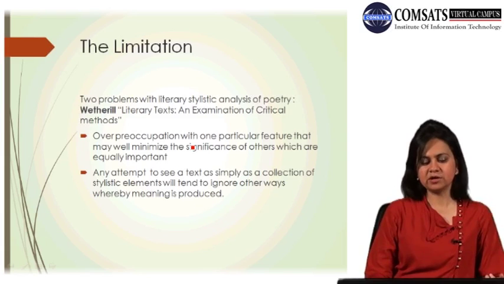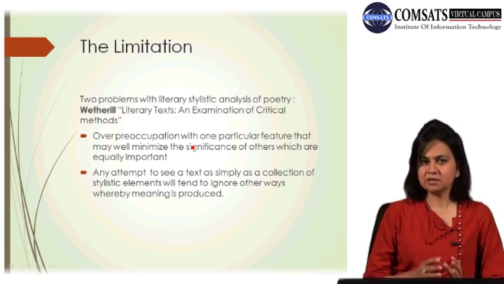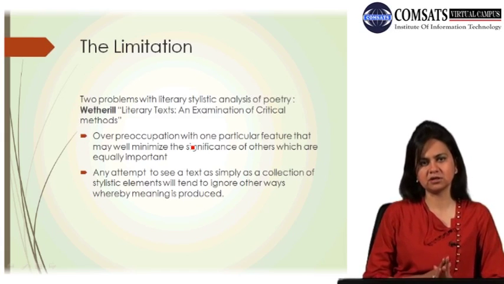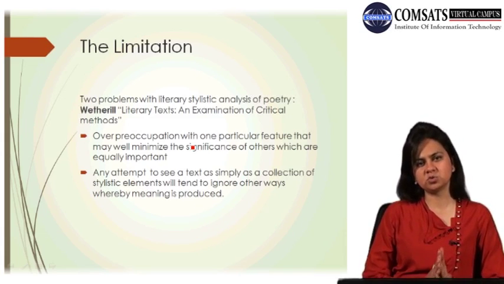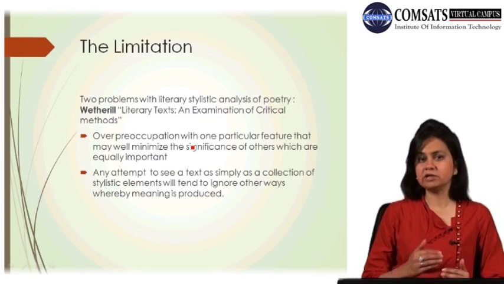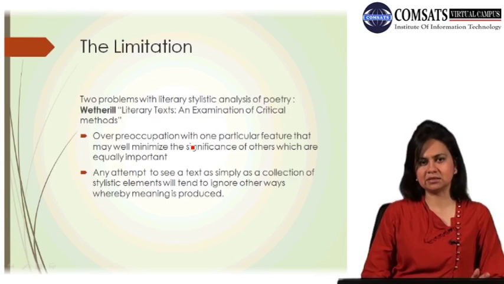So when a stylistician attempts to see the text as only a collection of certain stylistic devices, he picks up imagery only, metaphors, similes and personifications only. But the text is not just composed of similes, metaphors and personifications. There are other features of language too. There are other deviant, unusual and strange ways within the text through which the writer is conveying a message. But the limitation of a literary stylistician would be that he would ignore other aspects apart from the literary features or stylistic elements, the deviations.